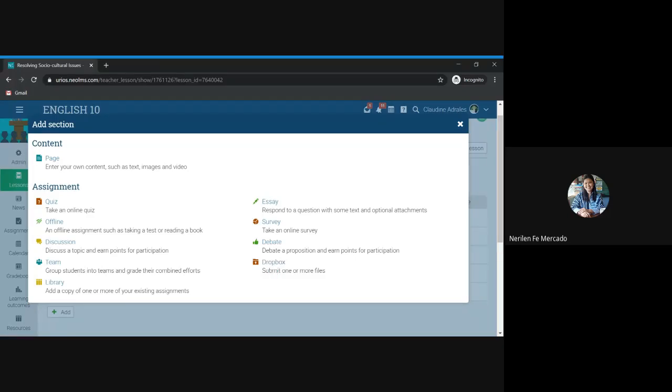Kaning Dropbox, again, sa tanan type of assessment here, mga assignment, if you want a graded na assessment, nindot gamiton kaning quiz. Kay mas dali siya i-check. Actually, di na kita mag-check kay given naman ang answer except sa free form. And of course, kaning essay, kung ganahan mo og magpa-essay sa mga bata. All the rest, for example, kaning discussion, kaning team, kaning survey, nindot ni siya pag formative,